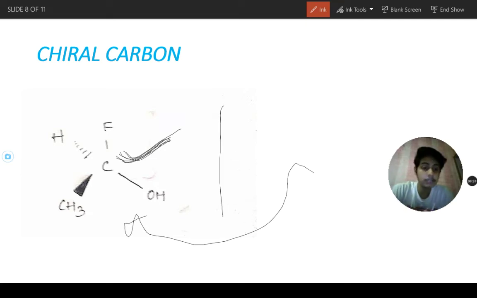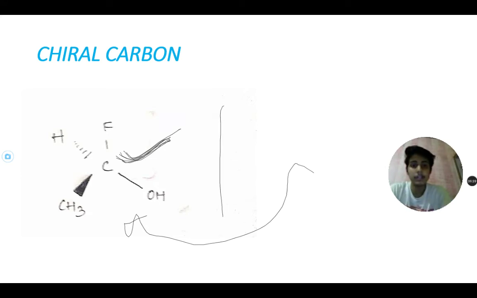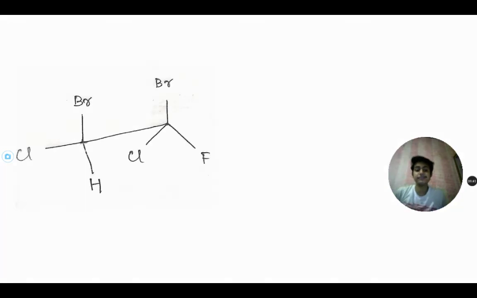We will take some more examples in the next slide. The previous one is also an asymmetric carbon. Asymmetric carbon is most important for chirality. Chiral carbon is an asymmetric carbon. Just remember, it is not symmetric. If it is symmetric, then it will be optically inactive. Optically active means the mirror images are not superimposable and it is asymmetric. This is all about optical activity and chirality.